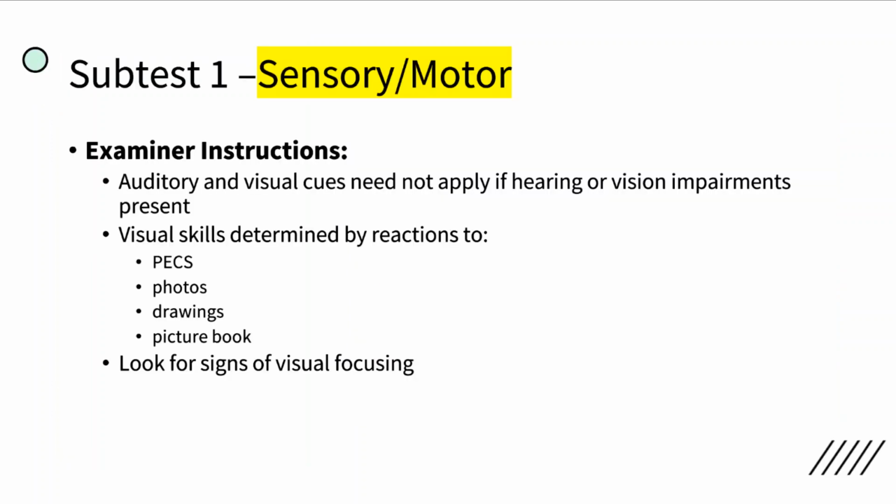Subtest 1 looks at the individual's sensory or motor skills. The examiner is to check a box titled Not Applicable Due to Sensory Loss if the individual lacks the opportunity to perceive auditory and/or visual cues due to sensory impairments, such as vision or hearing loss. Visual skills and field can also be tested by presenting PEX materials, photos, drawings, or a picture book, and observing